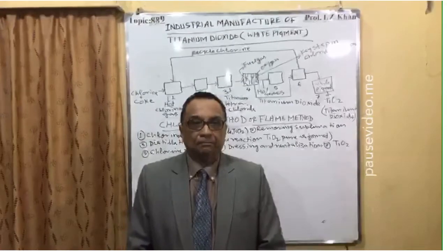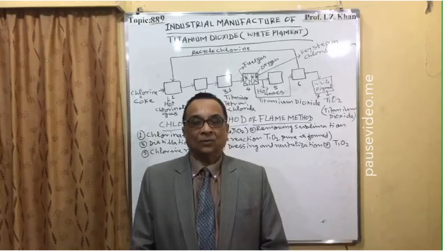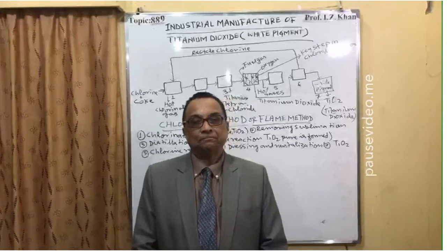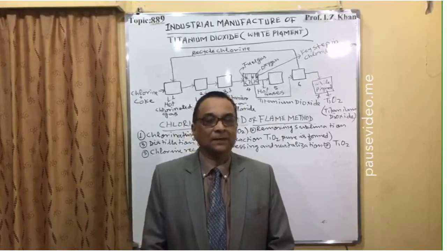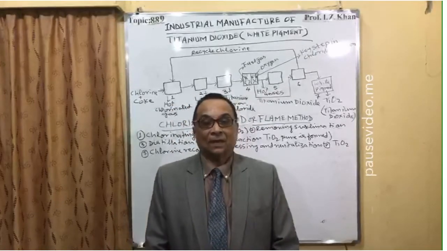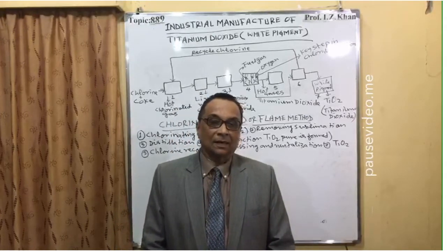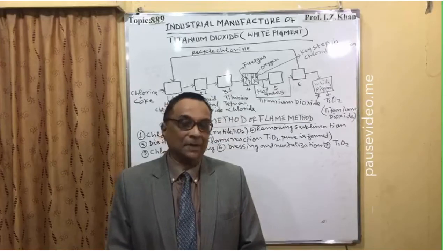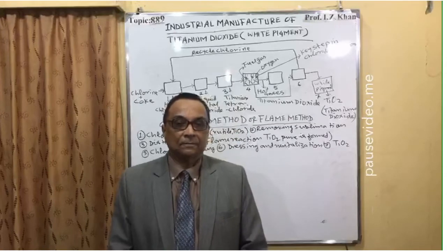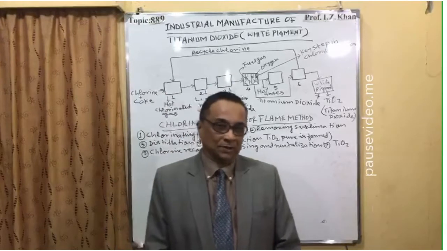Hello everyone, you are all welcome to lecture number 889, and today's topic is the industrial manufacture of titanium dioxide, and that is white pigment. Titanium dioxide is one of the whitest of the white pigments as compared to lead white, zinc oxide and lithophone white pigments. This is one of the super and best quality white pigments,